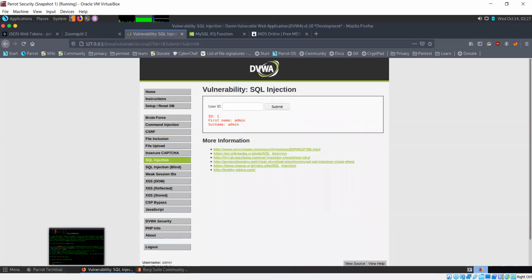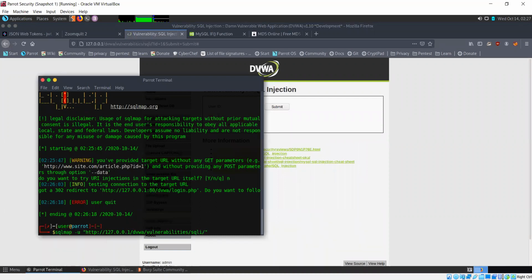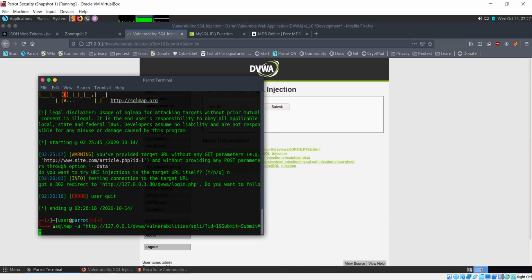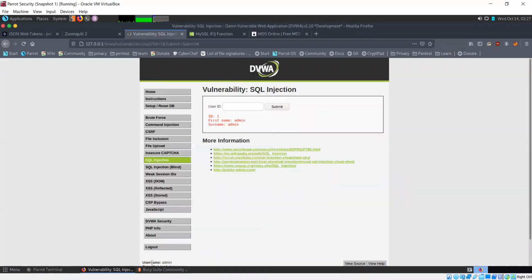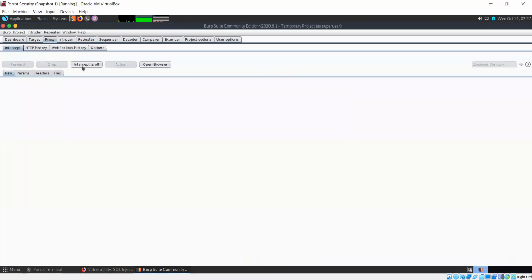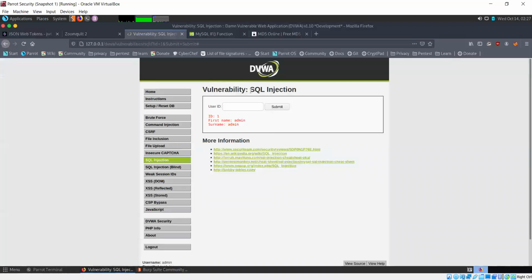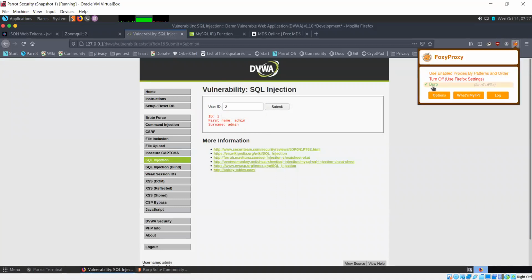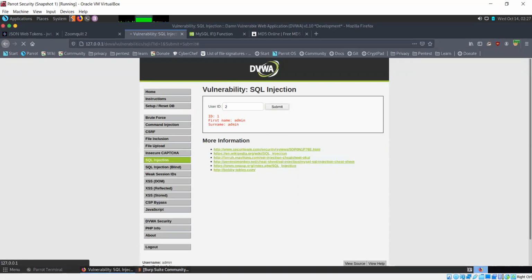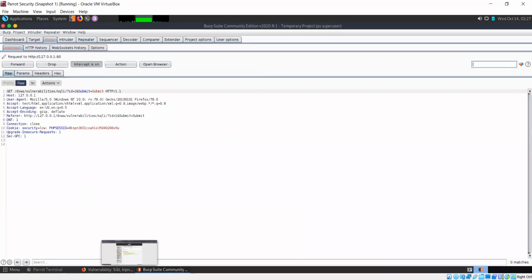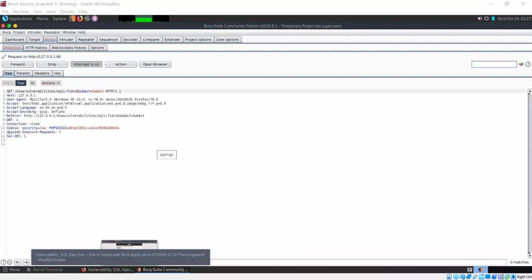First thing I'll copy is this sqlmap command. Now I'll present the cookie. The cookie I can get easily from Burp Suite. So this is the cookie, and if I want to use it, I'll simply copy it.